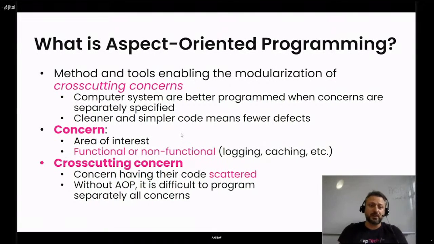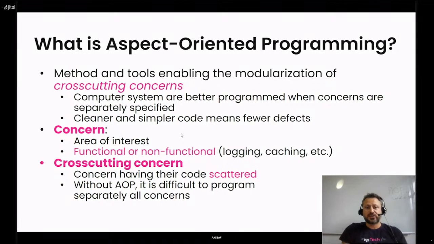So we have talked about concern. What is a concern? In fact, a concern is an area of interest. It can be functional, so related to the business logic, or non-functional, like logging and caching, for example. Also, we have talked about cross-cutting concerns. We will see this term a lot in this presentation.